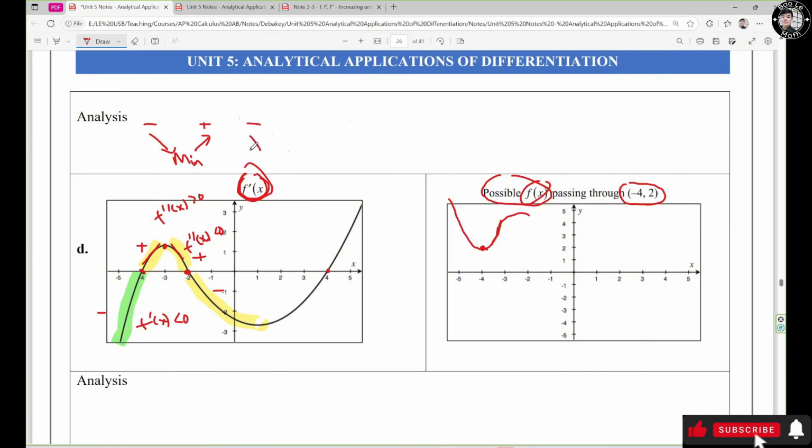Positive to negative is going to be maximum here, right? So right here is going to be maximum, right? So it's going down like this, right? Next one we have